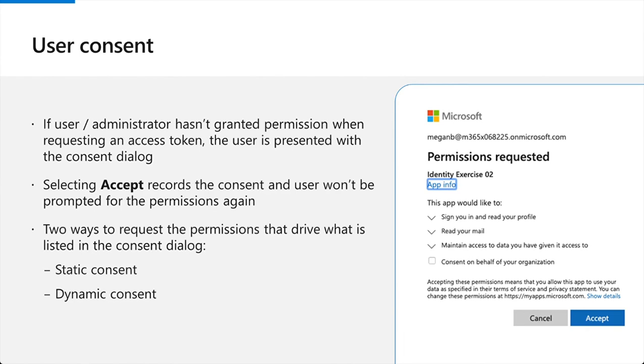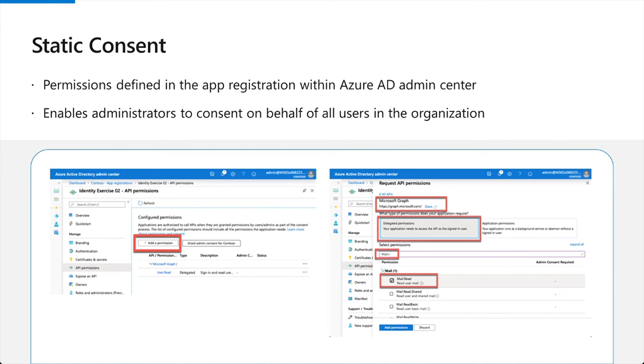Let's look at this. With static consent, the permissions are defined in the app's registration within the Azure AD Admin Center. The static consent approach is how the Microsoft Identity 1.0 authorized endpoint worked. All permissions an application used needed to be defined ahead of time. When the user signed in, they would have to consent to all the possible permissions that were required. This approach also enables administrators to consent on behalf of all the users in the organization. This is sort of an all-in approach, like, hey, this is everything that the app would possibly need, and if you do this approach and the admin approves